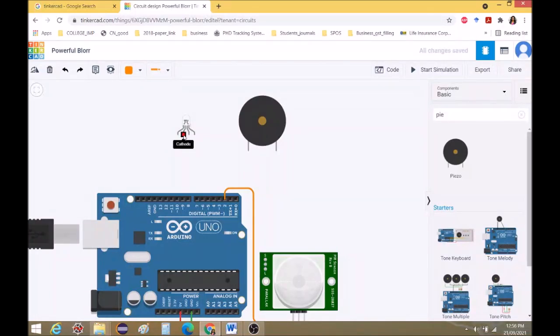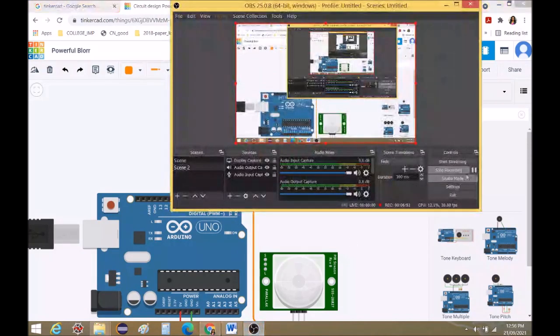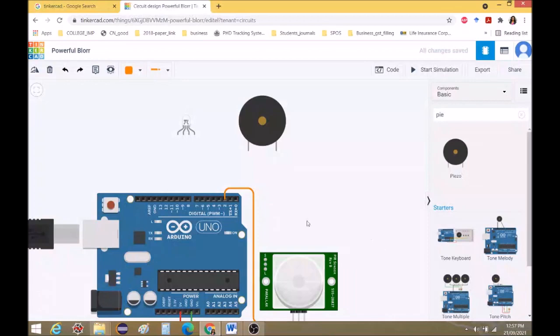So the cathode we will connect to ground, and for the others, suppose I want green light, I will connect to green. So let us connect to the green line. Now this green line is nothing but the output generated from this Arduino. So I will connect pin number 13 as output. Okay, now this is the output line.